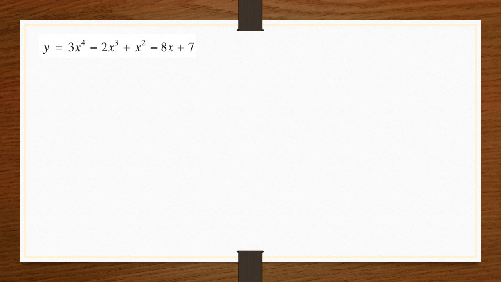First, let us take a function y is 3x raised to 4 minus 2x cube plus x square minus 8x plus 7. So it's quite a lengthy function, but it is simple addition and subtraction, no multiplication, and all those things. So what we are going to do, we are going to find the first order differentiation, that is dy upon dx here. So 3x raised to 4 is there, so 4 which is in the power right now here,